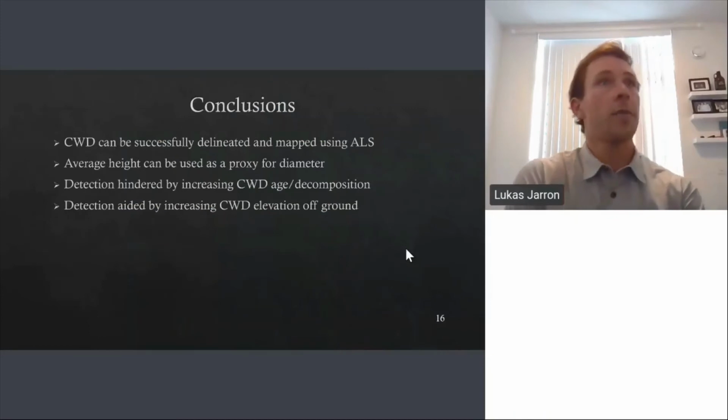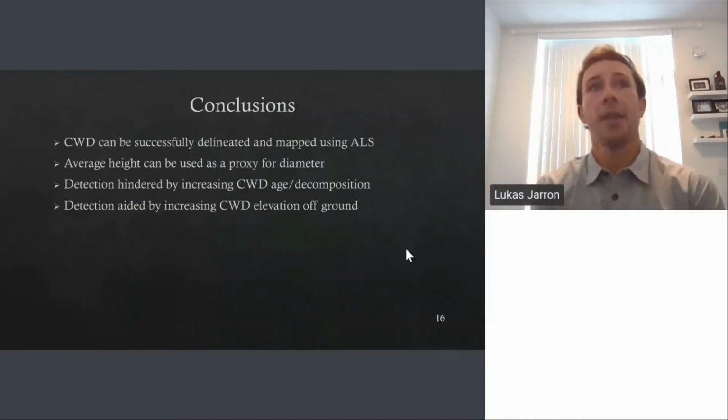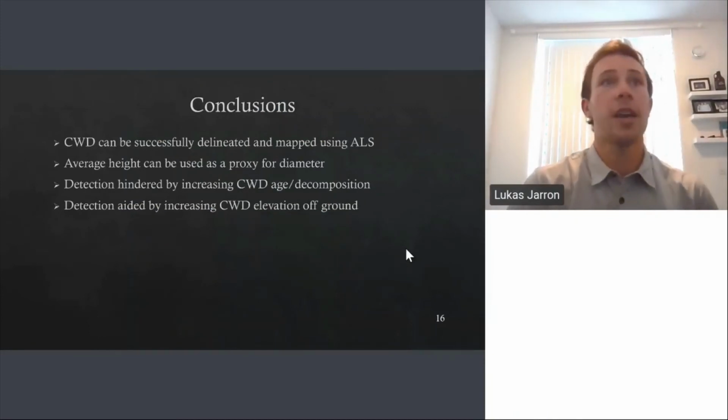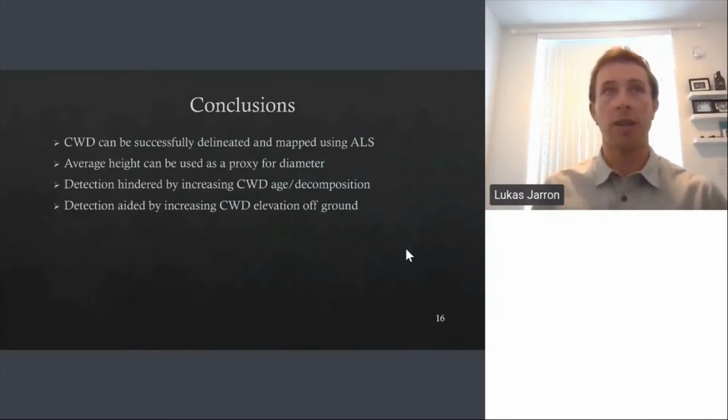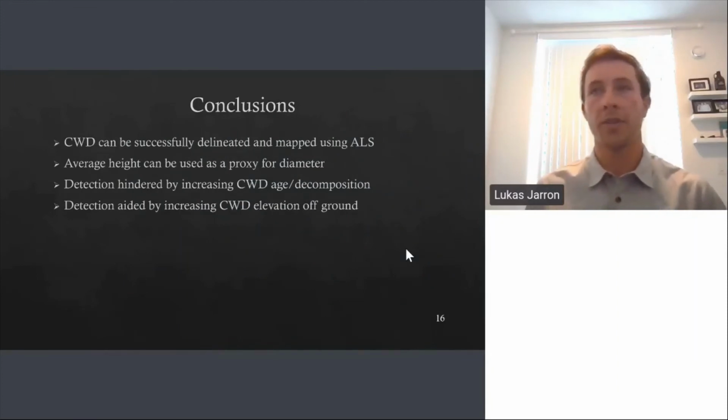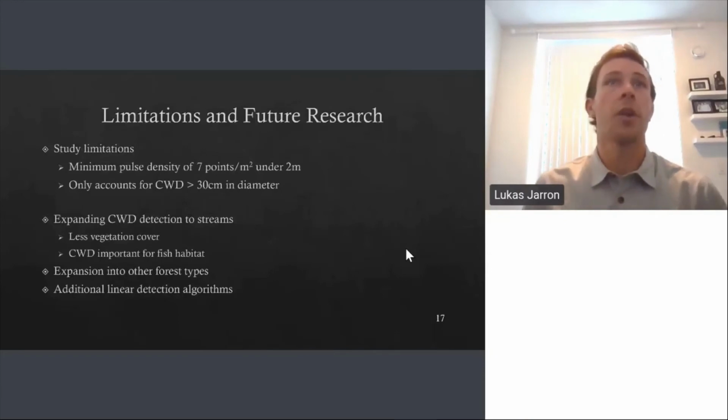So my conclusions from this work is that coarse-woody debris can be successfully delineated and mapped using ALS, and that average height can indeed be used as a proxy, especially at the plot level. The detection is hindered by the age. Older pieces of wood are harder to detect, and the more elevated the coarse-woody debris off the ground is, the easier it is to detect. And then a quick overview of the